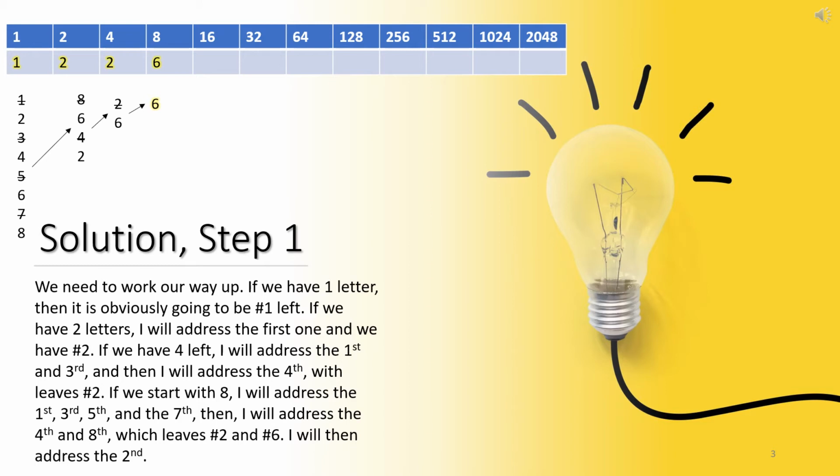Solution. Step 1. We need to walk our way up. If we have one letter, then it is obviously going to be number 1 left. If we have 2 letters, I will address the first one and we have number 2. If we have 4 left, I will address the first and third, and then I will address the fourth, which